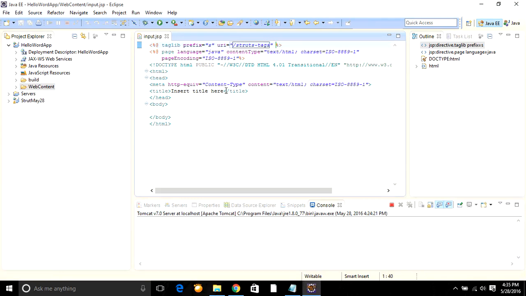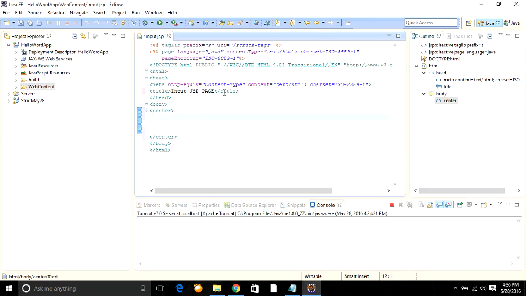I'm going to change the title, that is input JSP page. Here I'm going to use the center tag so that the content will be displayed at the center. Heading tag, that is h3, which is input JSP page. And here I'm going to create one form consisting of one text field and